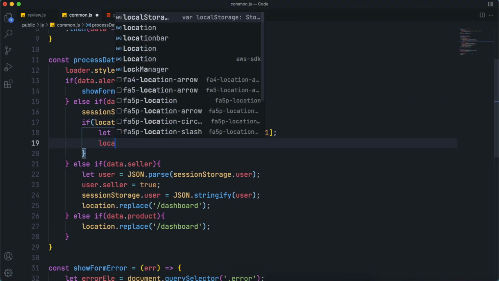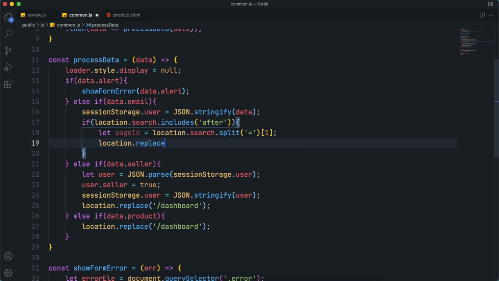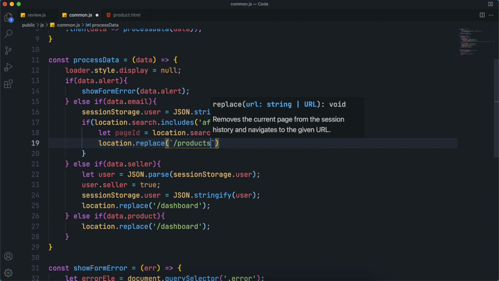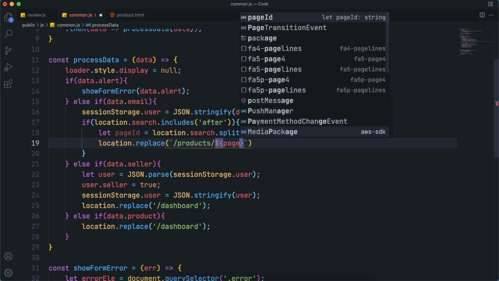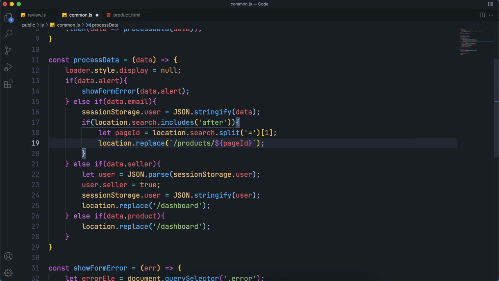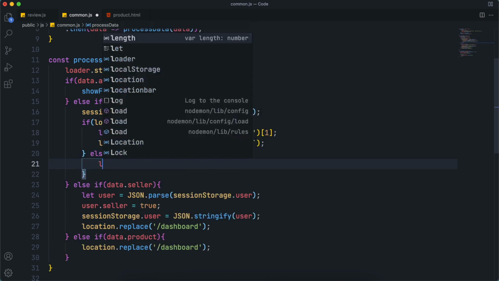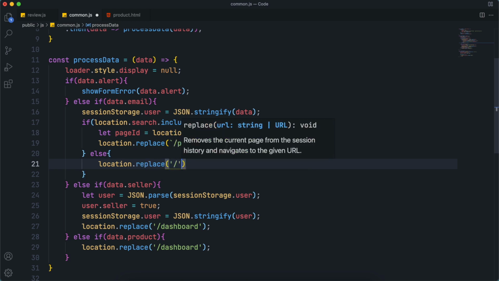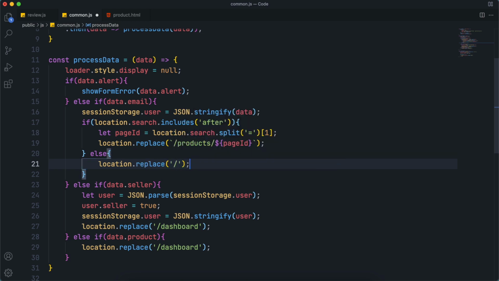Once we get the page ID, redirect the user to that product page using location.replace. You can use a template string here, and add an else for when the parameter is not in the address bar. Just redirect the user to the home page.